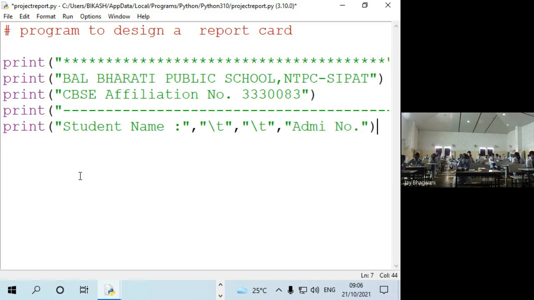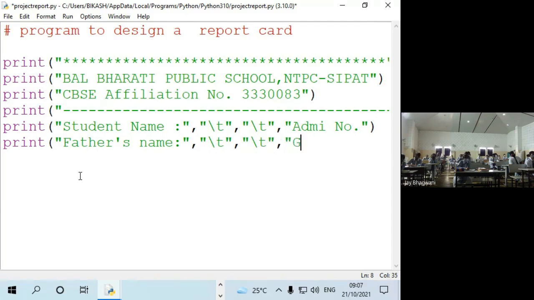Just check what the output of this line is. First the student name will come, then a tab, meaning some space, then some more space, about 10 spaces, and after that the admission number will display. So this will be the first line. Now I want to display father's name, then again backslash T, and on this side I want to display gender.